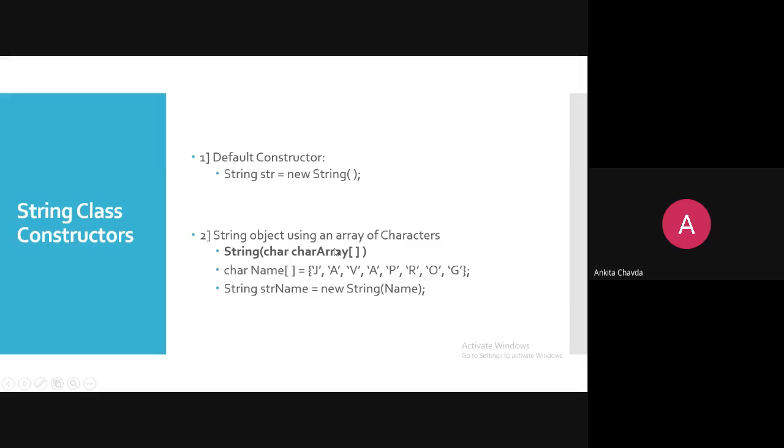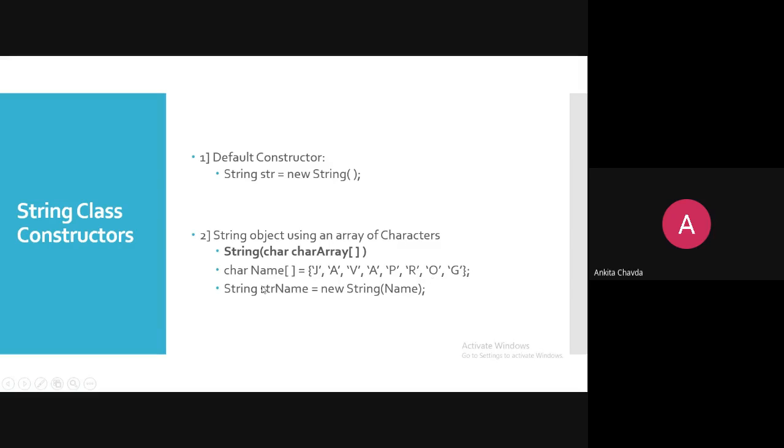Now the other one: you can pass a string object as an array of characters, as a parameter. Here you take a character array and provide the characters, that is Java prog.